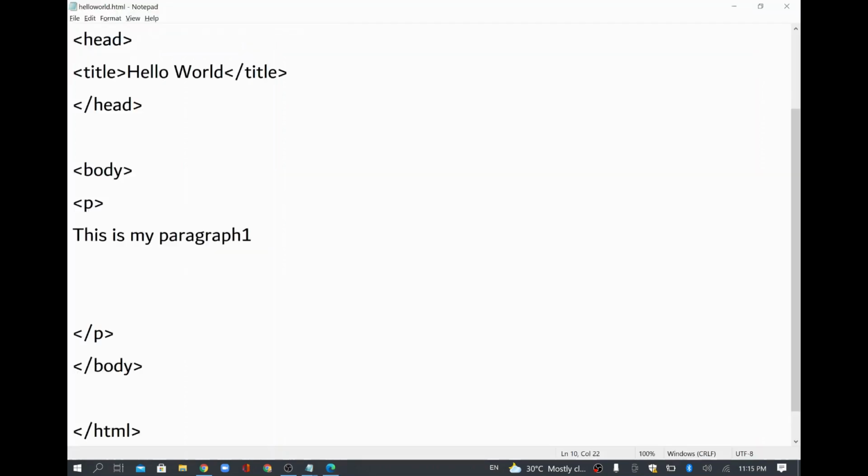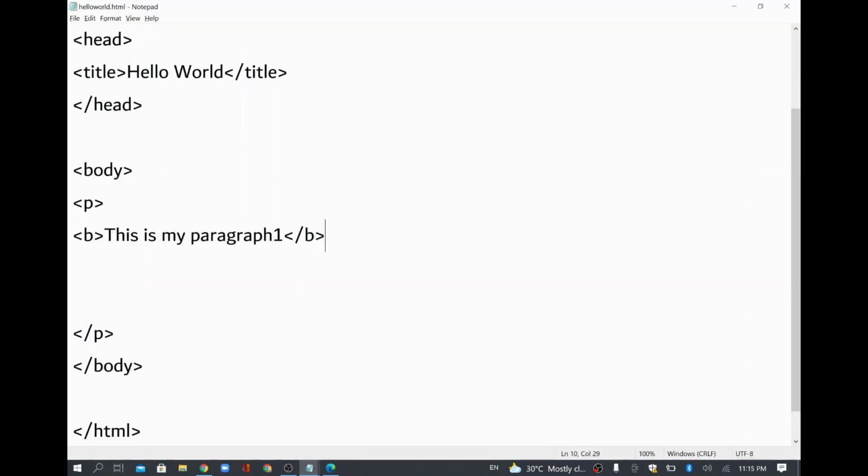See here, inside the body section, you have this content. In this content, it's normal text. So for example, you want to make this content a little bold. How do we do it? You just give B for bold, and that also you need to close. So I have closed with the /B. I'll come here and refresh it. See here, it's bold now.